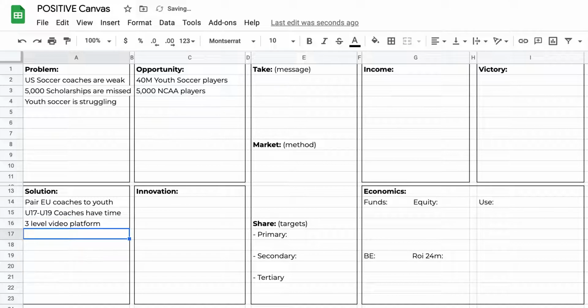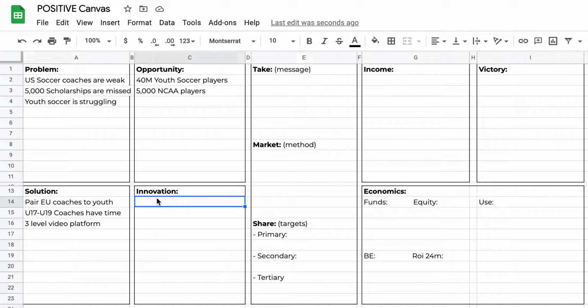So there I'm just talking about the solution, right? So in general, we're going to use video, we're going to get coaches and youth together. But what's innovative? What's really different about this? That takes some time to do a little bit of research and find what the competitors are doing. So this is where we talk about maybe one thing, maybe 2. But the one thing for this is that most trainers are one trainer training thousands of kids, and they watch the YouTube videos or they pay $12 and they get all these, but it's not personal. It's not a one-on-one with multiple coaches.